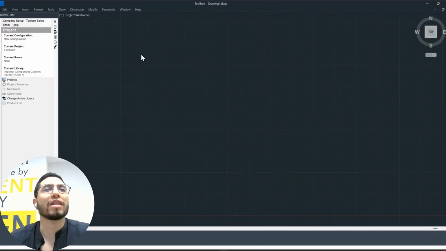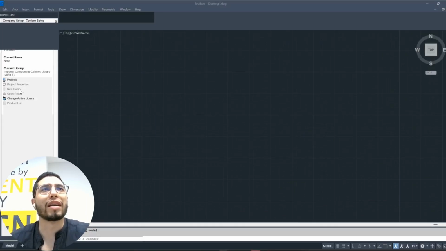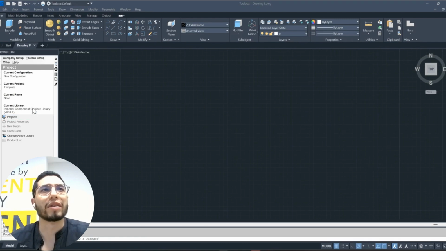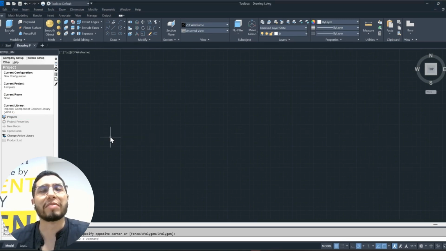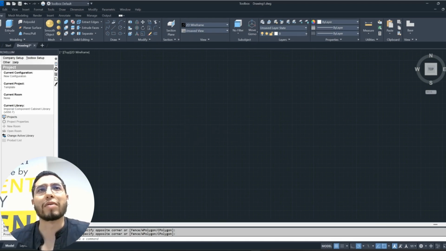Microvellum. Here, I've gone ahead and restarted Microvellum. And as you can see, our current library is now the Imperial Component Cabinet Library, which means that this library has been successfully imported. So I could go back to options, but there's also a command that you can use, database utilities. I'll take you right into the